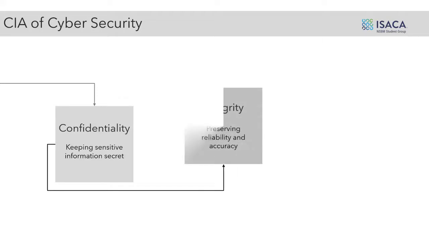And then we move on to integrity. When we take on this path as a cybersecurity professional, at any level of employment, we will be given the responsibility to take all the necessary precautions and guide our employers and other teams to make sure the reliability and accuracy of our information is preserved. That is where we talk about integrity. People trust us to make sure that the information the company is processing is kept up to date.